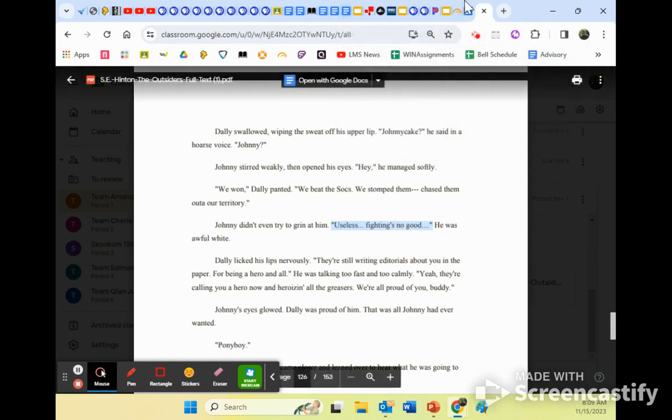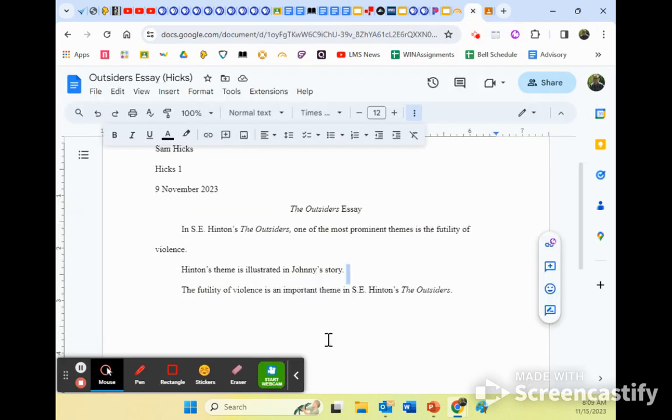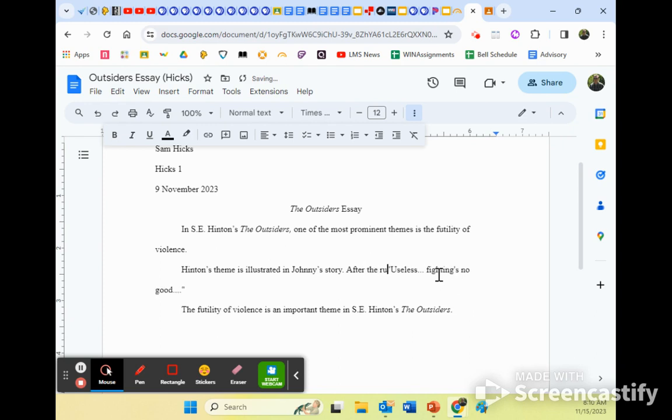Johnny says it. So I'm going to go back over here and I'm going to Control Shift V because that'll match my destination location. And I want to include some additional information here. Those of you who've done this part of NoRedInk should be like, oh yeah, listener, plot cue, and speaker. So I'm going to go with: after the rumble,